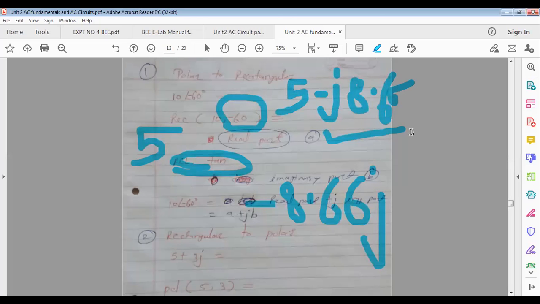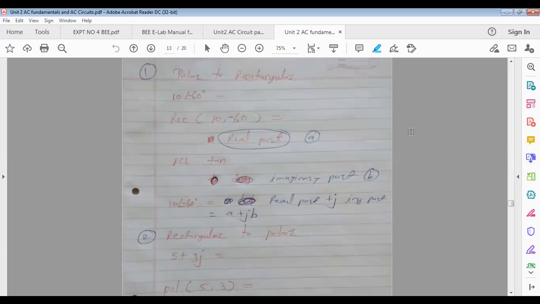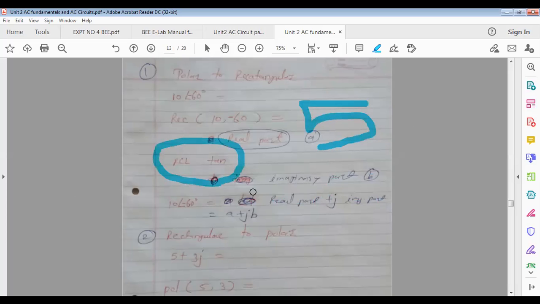Yes, ma'am. I mean, my calculator recall was not needed. It was directly showing X and Y. Yes, that's why I told you, in some calculators when you press the equal to sign, both X and Y are displayed. Note it down. That's it. But in some calculators, if it displays only the real part, that is 5 only, in such calculators there is a requirement to press recall tan, and then you will get the imaginary part. If it is directly displaying, then no need. Is this clear to everyone? Yes, ma'am.